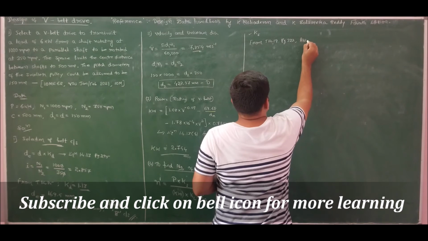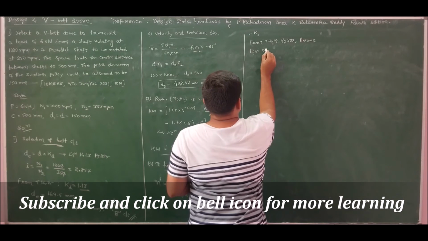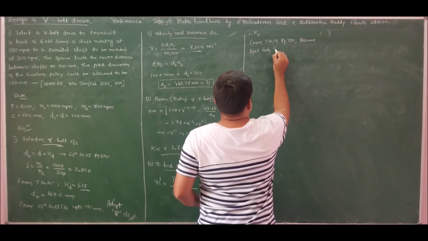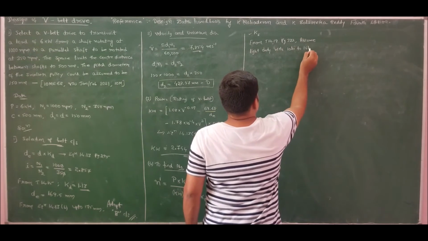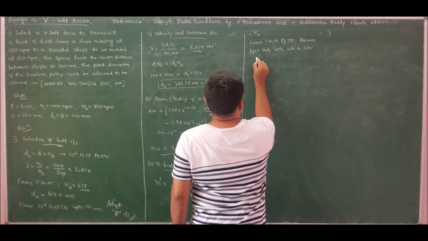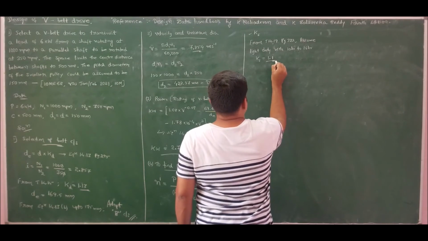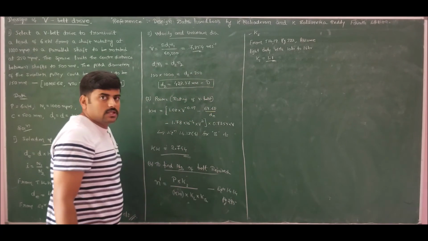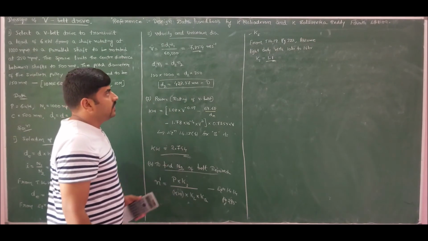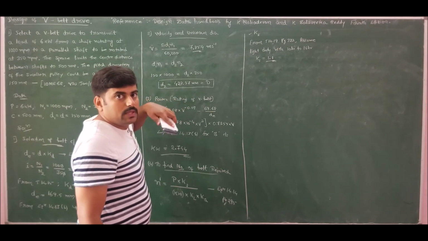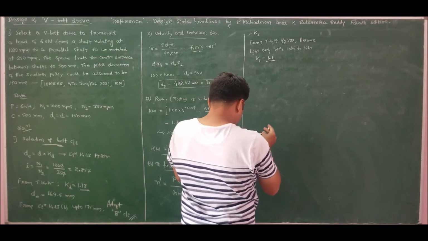assume light duty application with 10 hours to 16 hours of working. So I can take Ks as 1.1. Whenever the service condition is not specified, always assume it as light duty with 10 hours to 16 hours and take the value as 1.1. Always we will choose type M belt. I have taken it as 1.1.